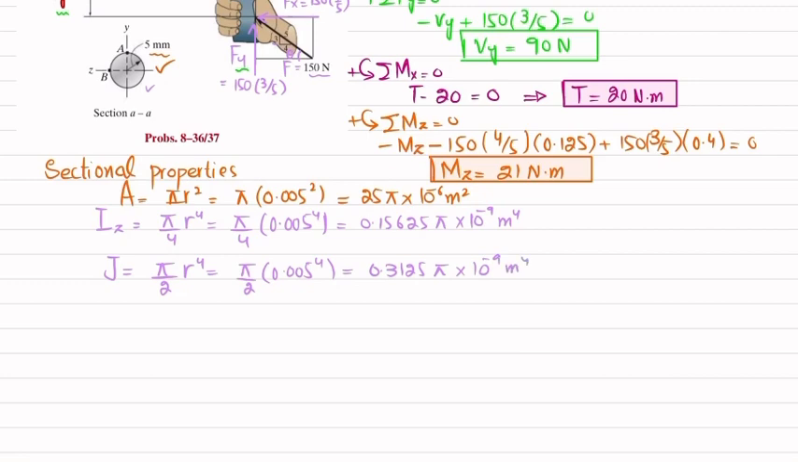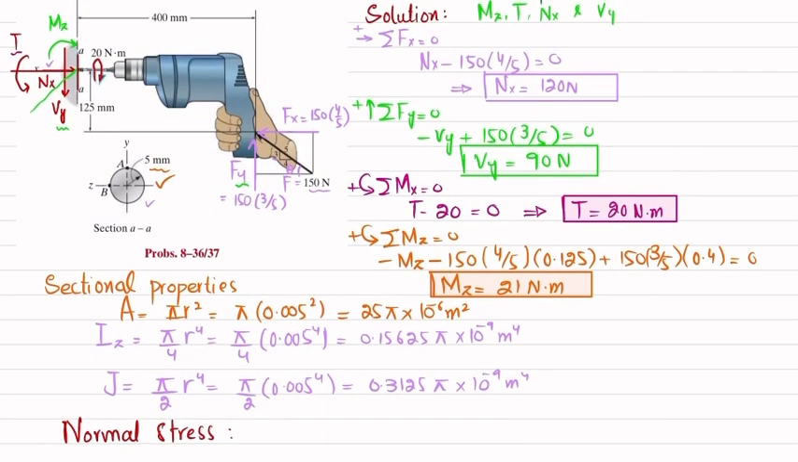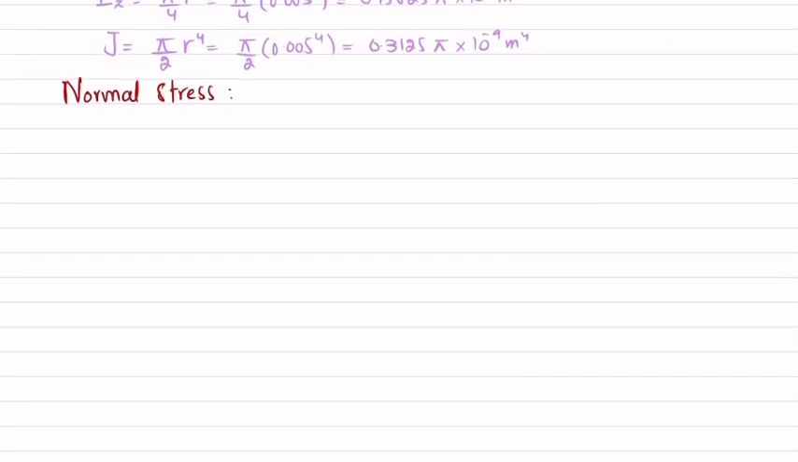Now we will move toward finding the normal stresses first. Let me show you what normal stresses are acting on this system. You can see one normal stress is this Nx, which will cause compression in this rod, and the second normal stress will be due to this bending moment Mz, which we have calculated. So this normal stress will be equal to